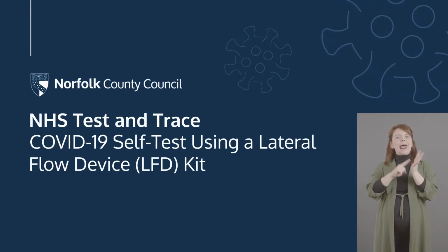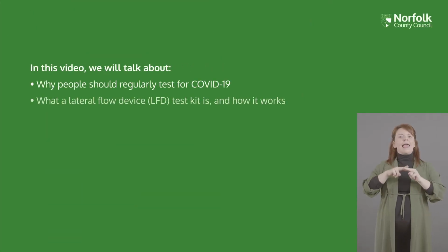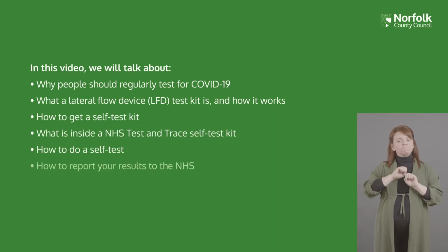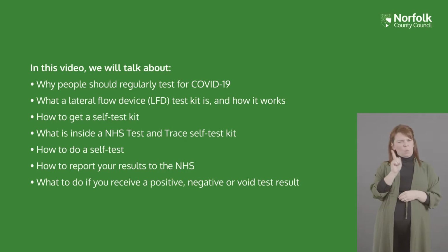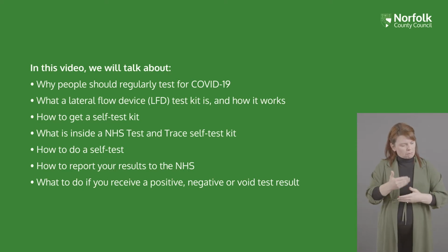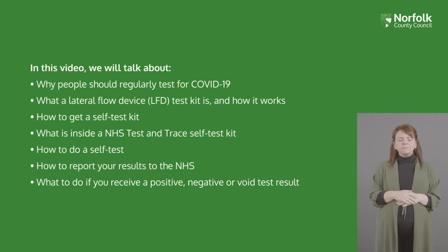COVID-19 self-test using a lateral flow device LFD kit. In this video we will talk about why people should regularly test for COVID-19, what a lateral flow LFD test kit is and how it works, how to get a self-test kit, what is